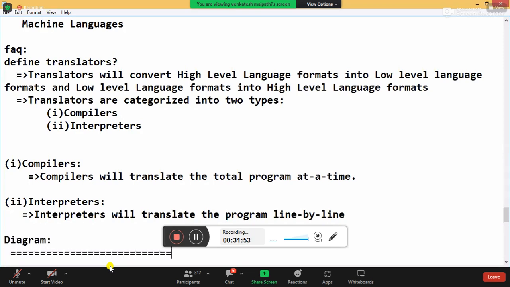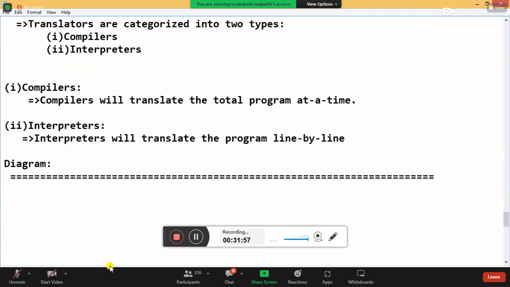For document purposes, the small diagram will be attached to your document. All of you understood high level language? All of you understood low level language? What you don't understand is low level. So some component is needed to translate high level to low level and back. What is the term now? Translators. How many types are there? Two types: compiler and interpreter. Basics, right?